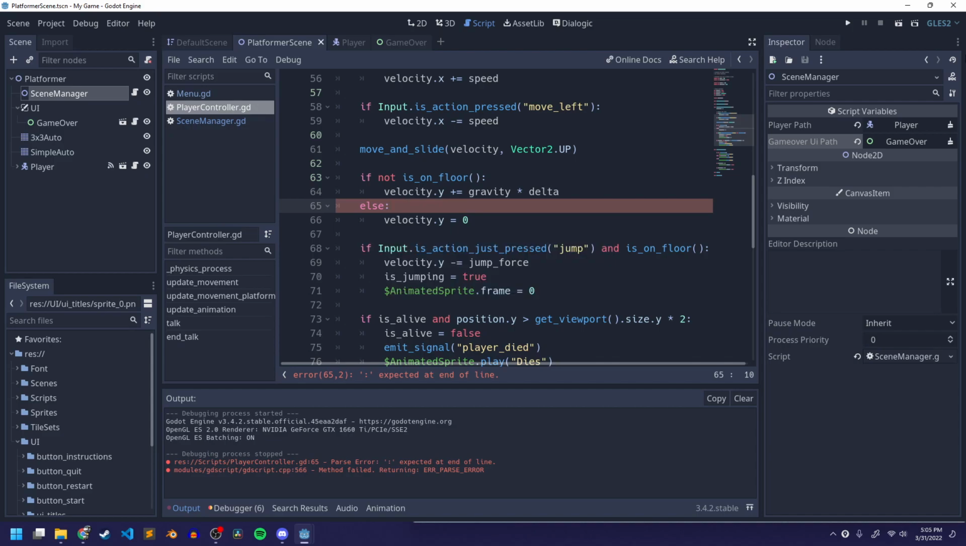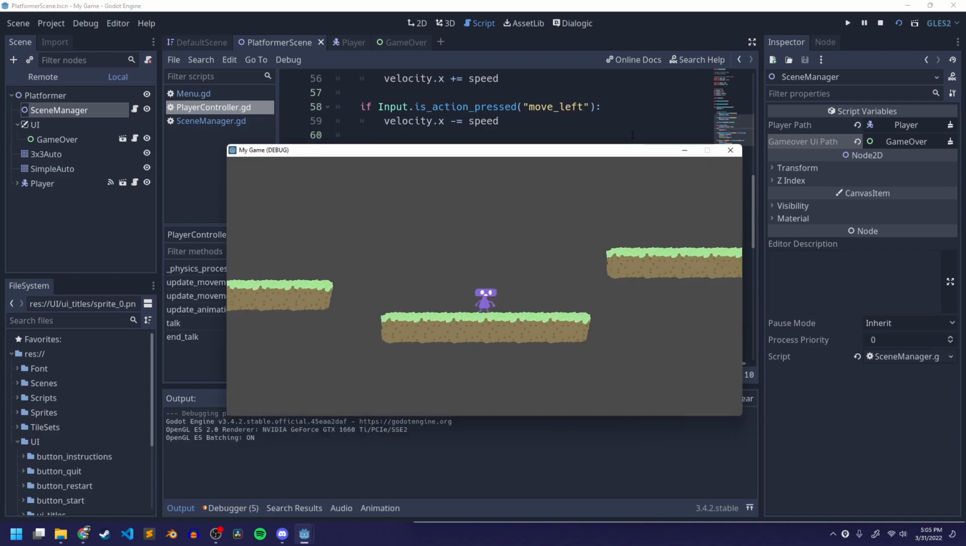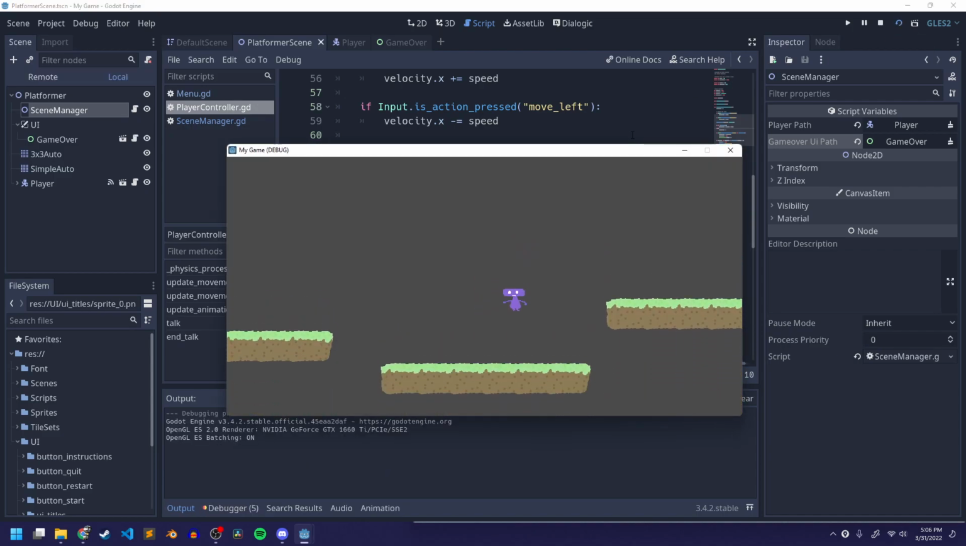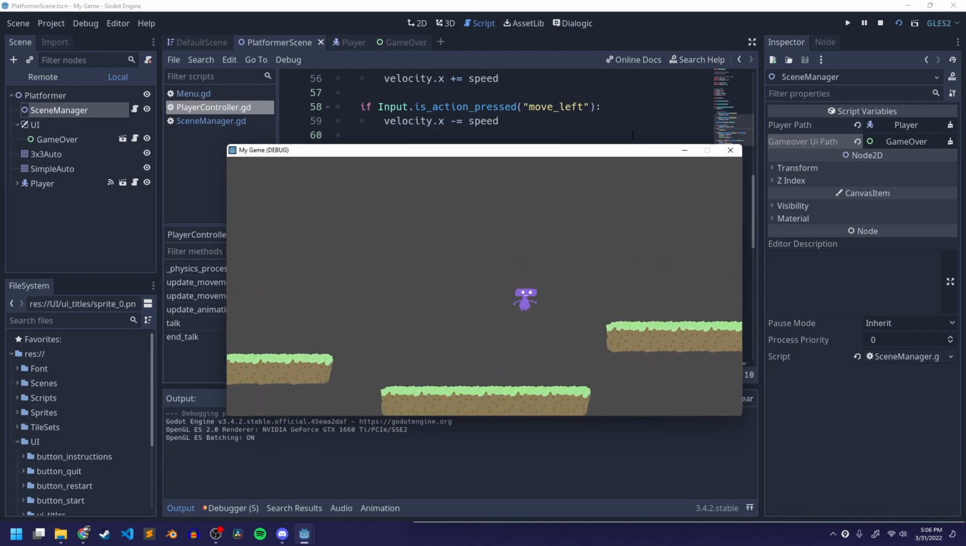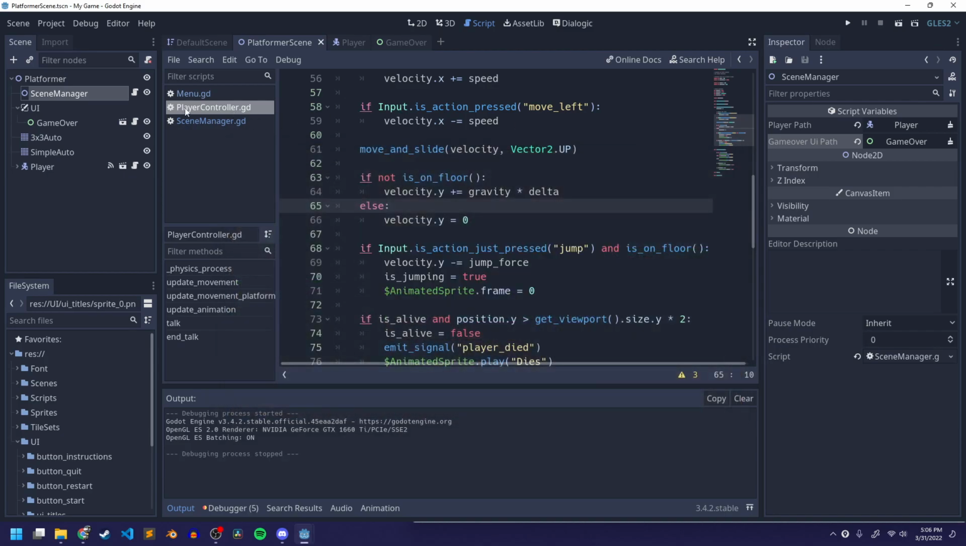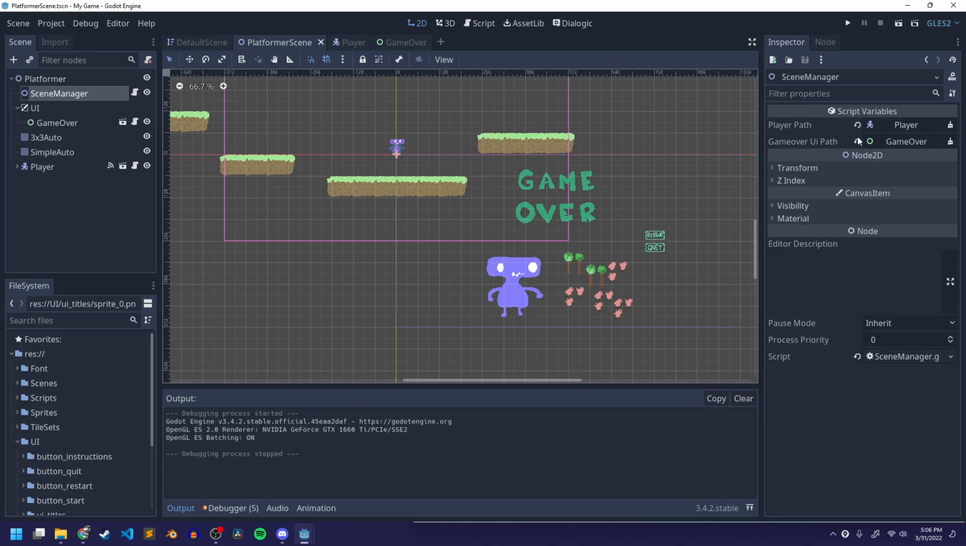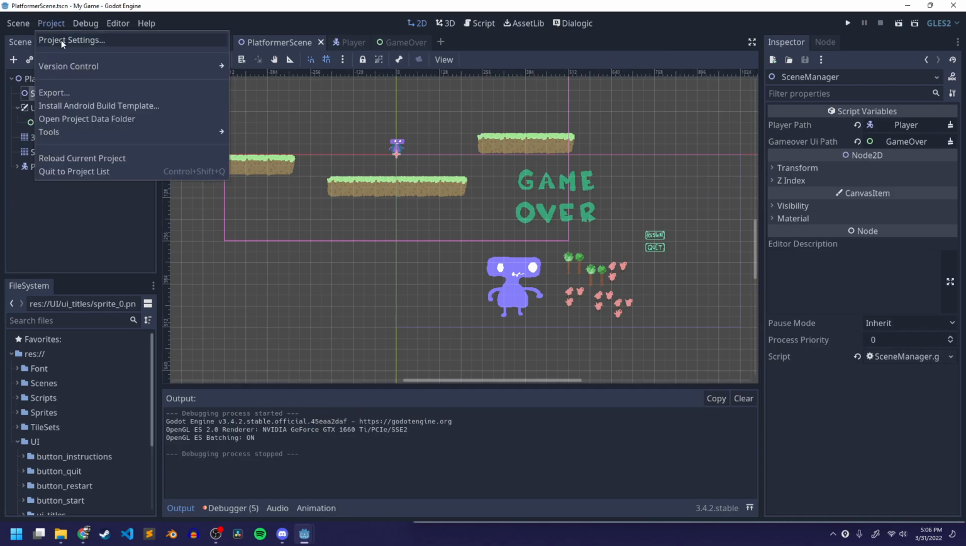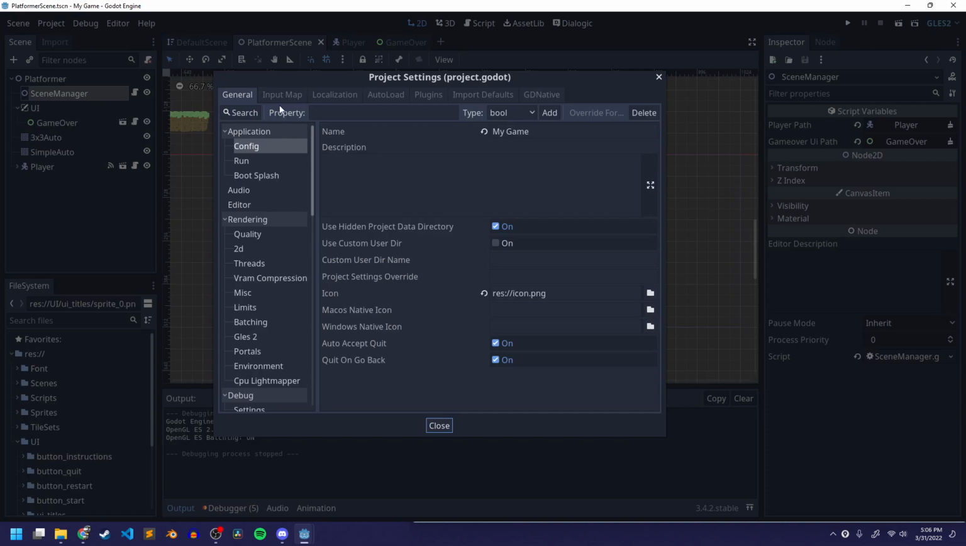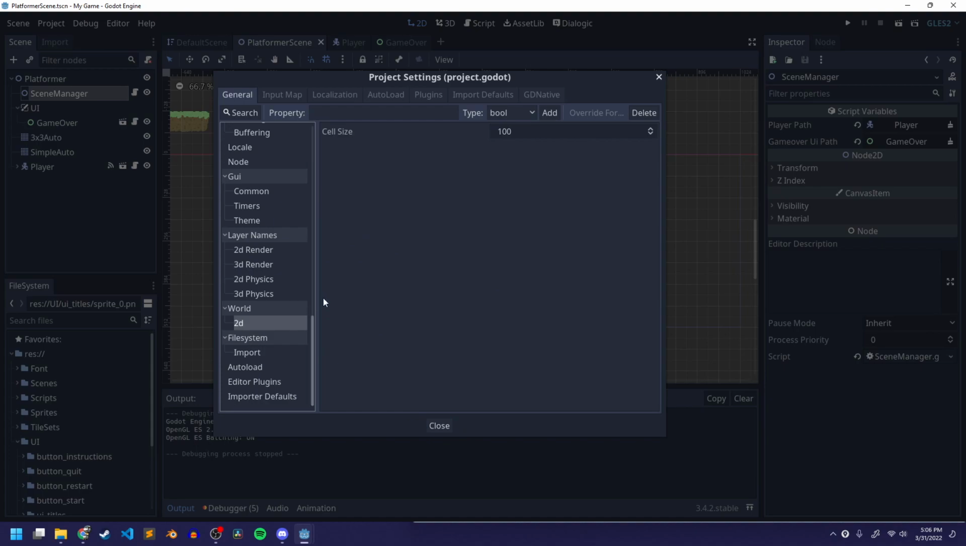I don't know why this is acting differently. Maybe I have some settings that are different. Okay, there we go. That makes more sense because the jump force is really high. I don't know if I have different physics settings. Let's go to project settings. Let's search for